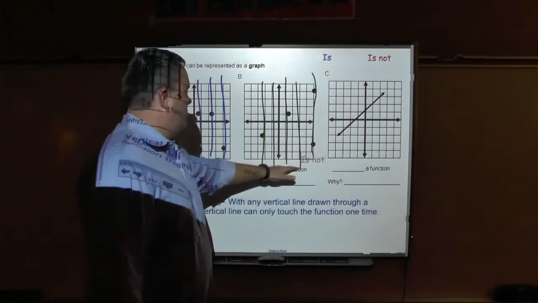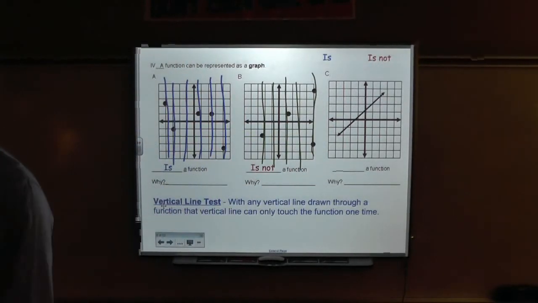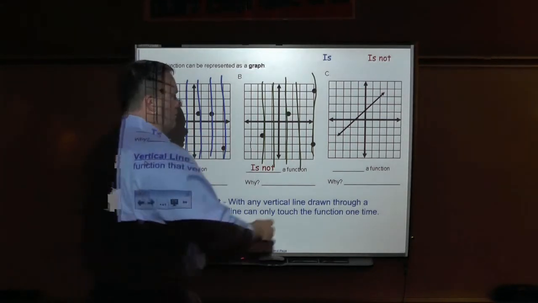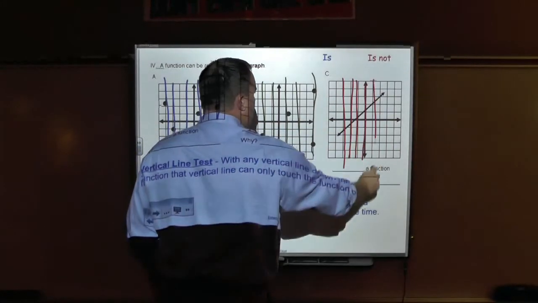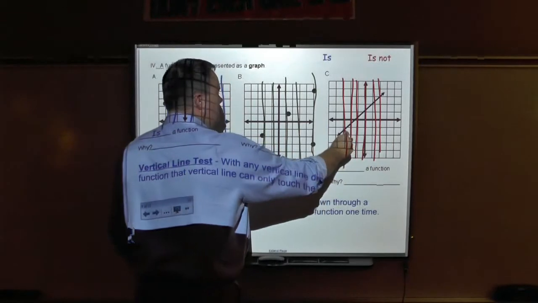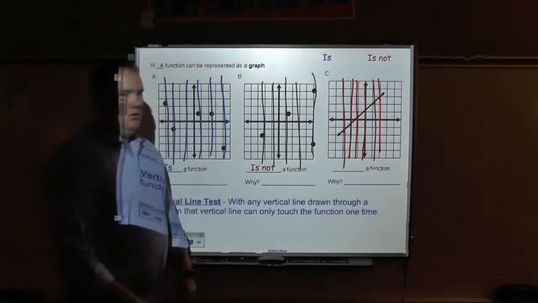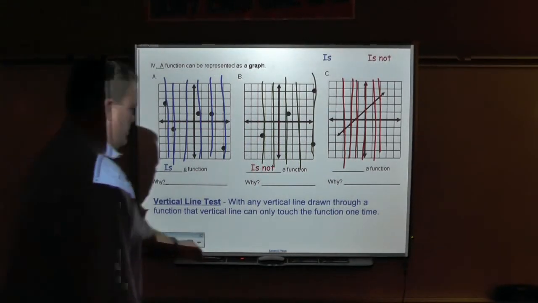That means it has a value of x that has 2 values of y. We can't have that. For each value of x, you can have only 1 value of y. So that is not a function. So you can see, now we have a line. Same idea though. As long as these vertical lines only touch once,